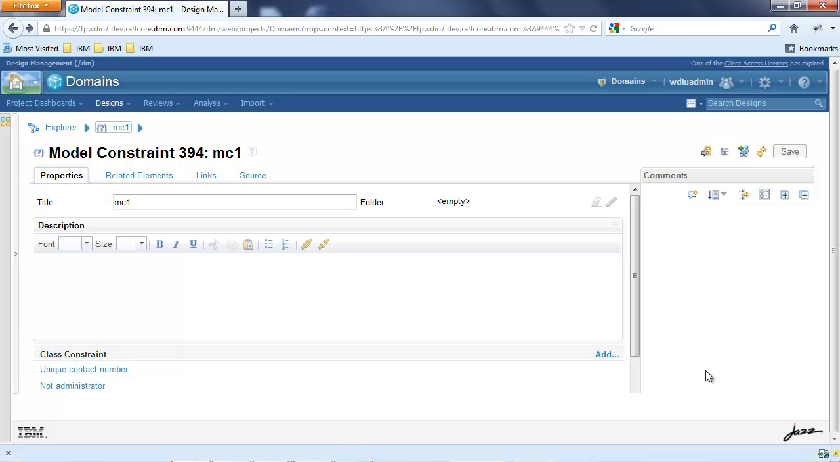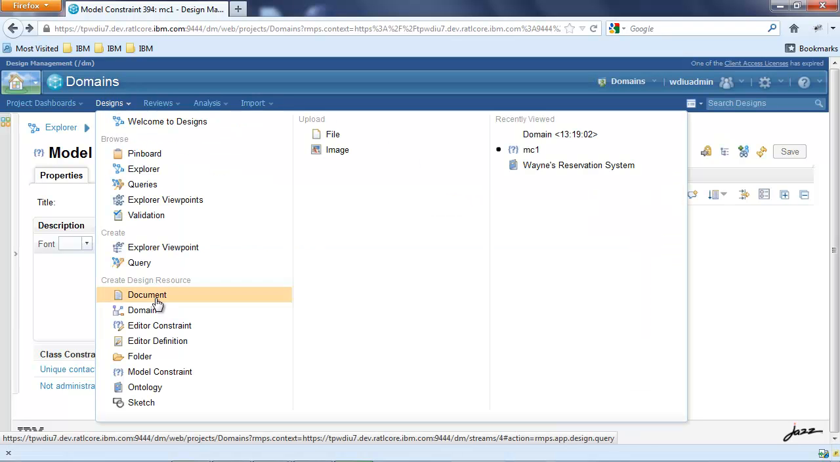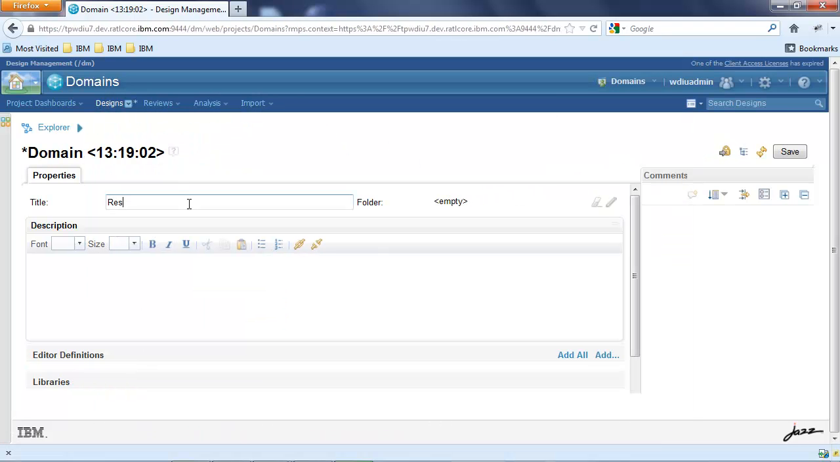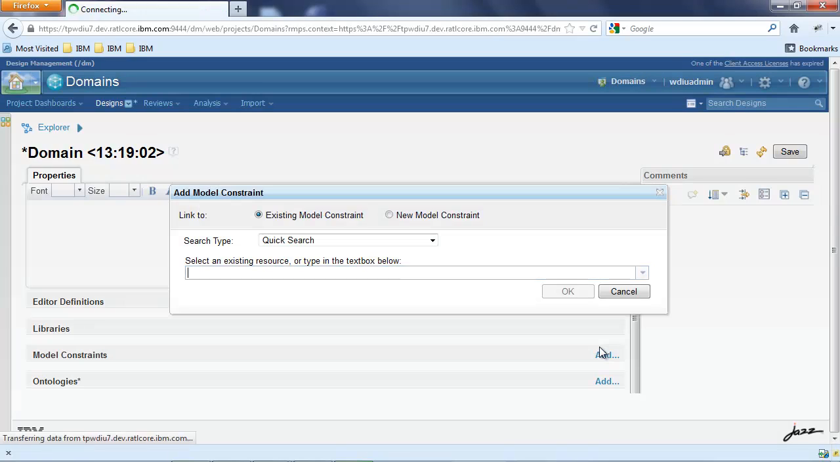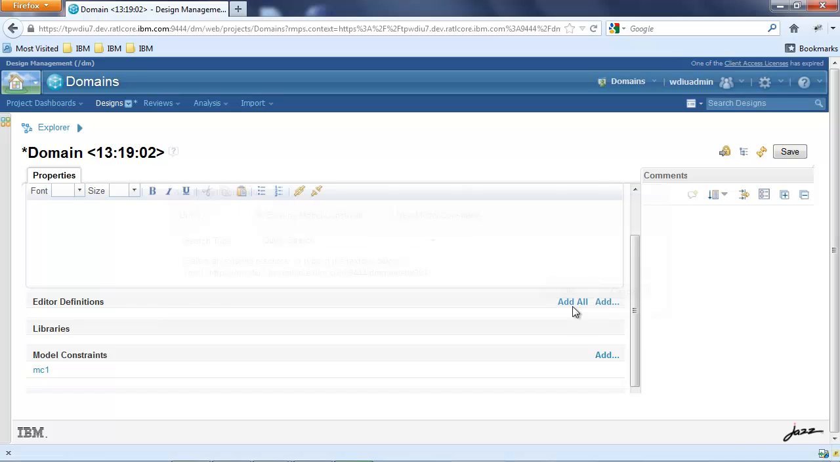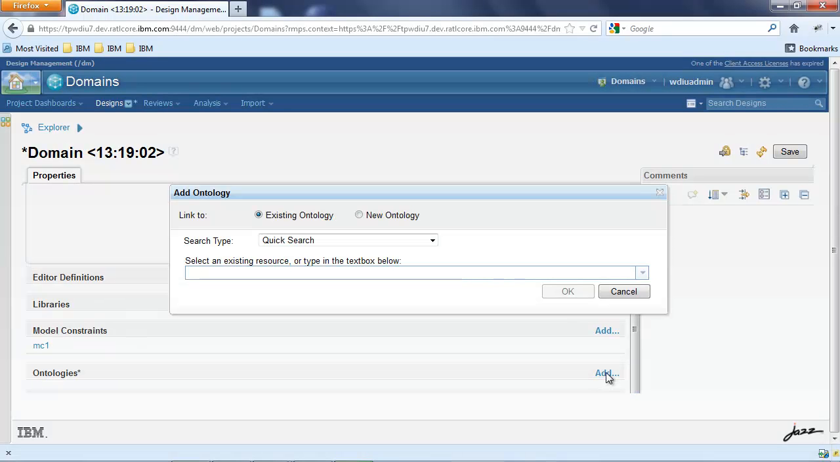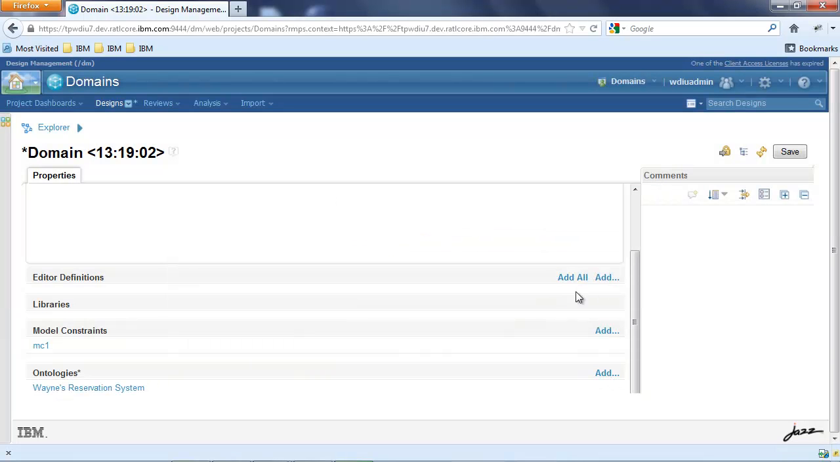Now it is time to group the constraint that we have created with the ontology that we have imported. We do this by constructing a domain. We will call this the reservation domain. And we will add the constraint that we have just created, along with the ontology that we have imported. We will save the domain,